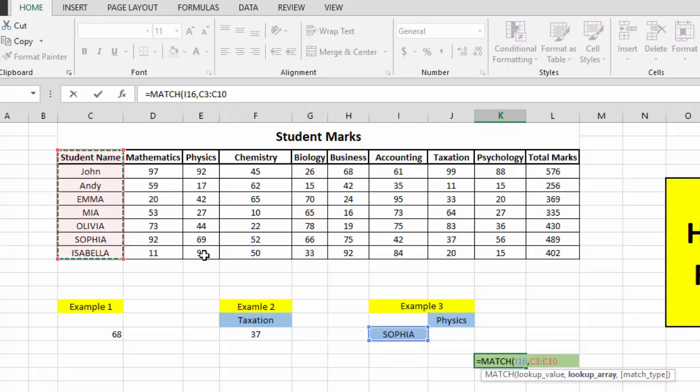As we want to find the location of this student name in this data, we will select this list of student names as our lookup array. Then we insert a comma and again choose exact match, as we want to find this exact name in the list. So we use exact match and close the bracket. And friends, what the MATCH function will do is simply find this name of student Sophia in the list that we used as our lookup array,